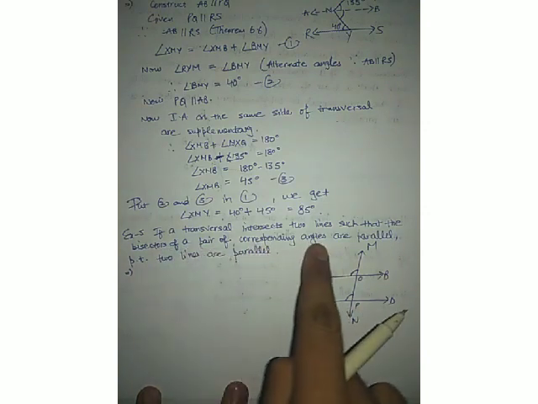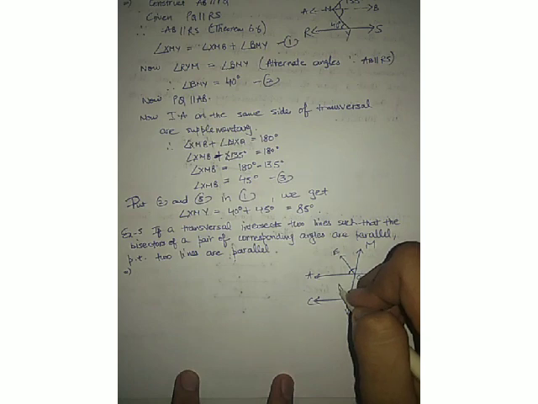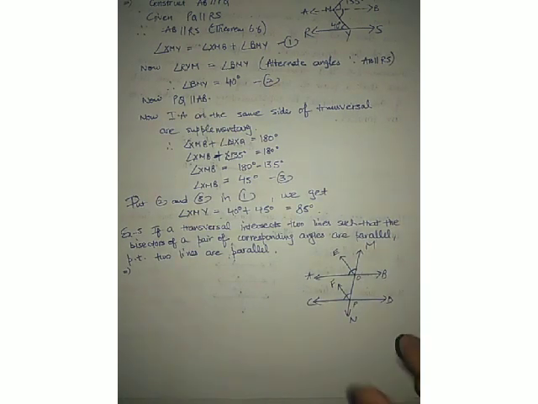Bisectors of a pair of corresponding angles. This is a pair. Now we have to draw the bisectors. Consider it as E, consider it as F. These are bisectors. These are bisecting the angle into two equal halves, as I have told you in the previous video. So if you have not watched the previous videos of exercise 6.1, kindly watch. OE and PF are parallel because bisectors of corresponding angles are parallel. OE and PF are also parallel, it's given.